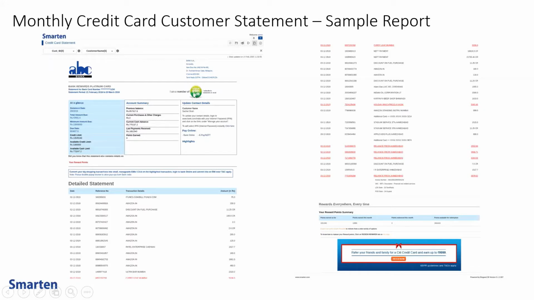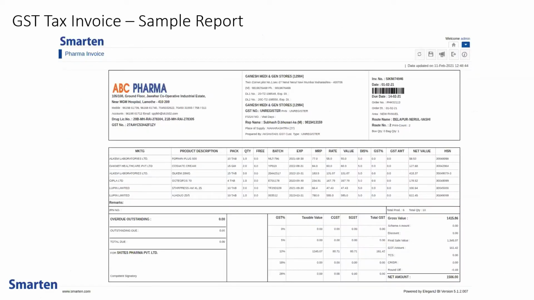So any sort of customization you are looking for is possible, including the pre-printed document formats, such as this, for example, a GST invoice. It's not possible if you are using cross tab or tabular, as you can imagine now. And there are a lot of other use cases. We will show you some of these documents live in Smarten today as well.